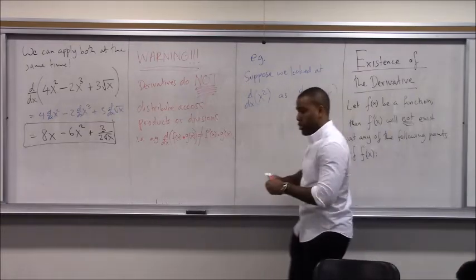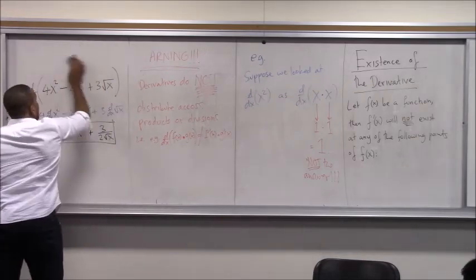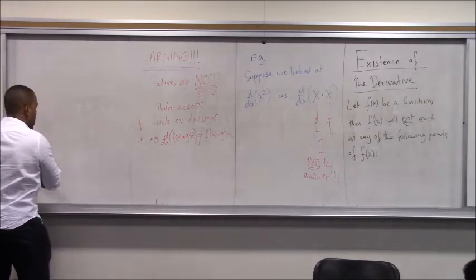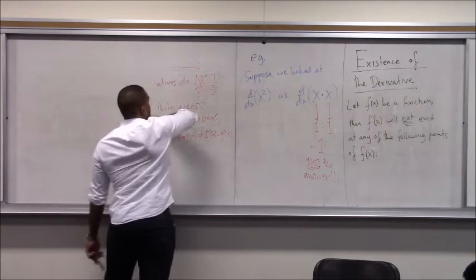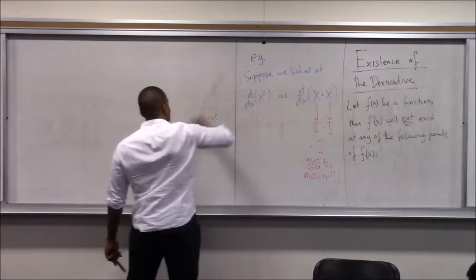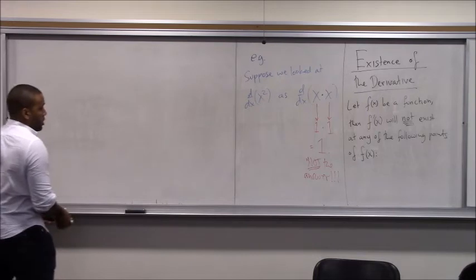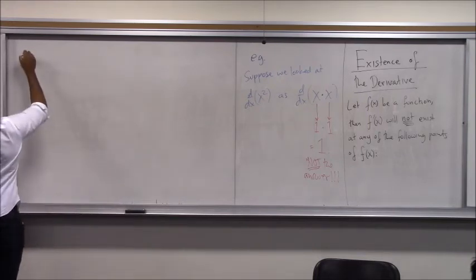Okay. There are 3 scenarios in which a derivative will not exist. For the most part, you'll be expected to be able to tell these on a graph. So I'll describe the geometrical properties of it, but we'll actually do some example calculations. So there are 3 situations in which a derivative will not exist. 1,